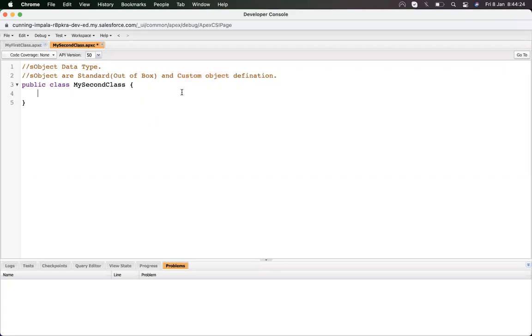So most of the work is designed on custom objects, and that might be the reason they call the standard objects out of box, because they are not using them.